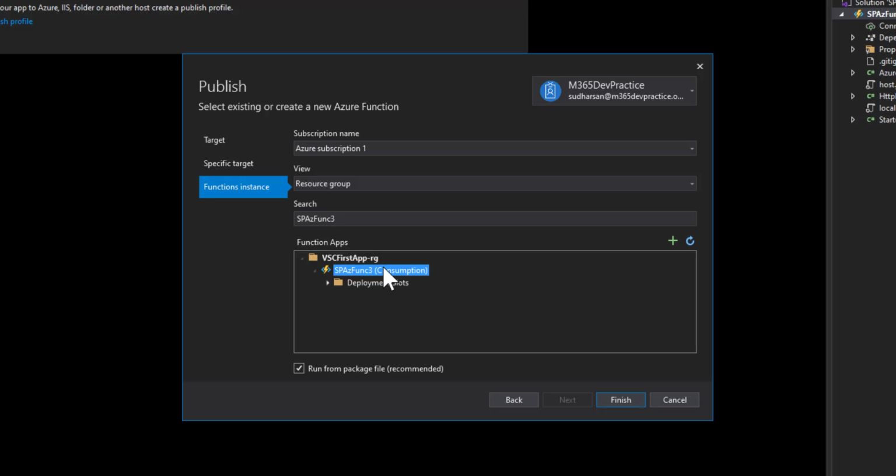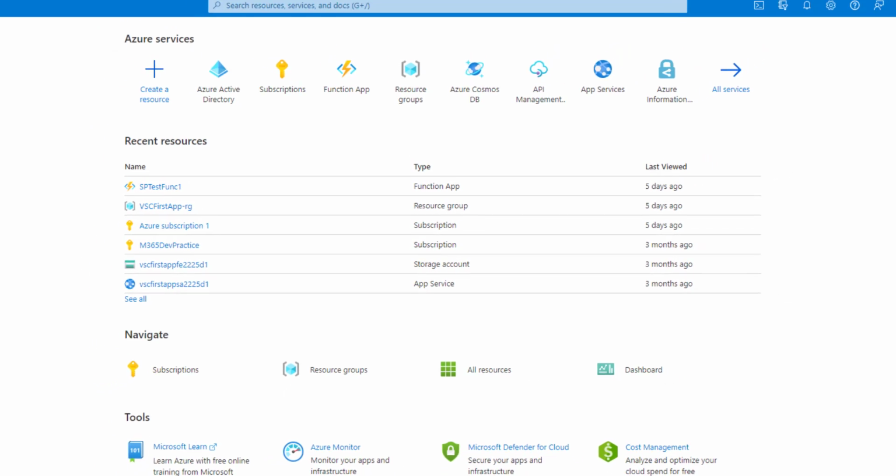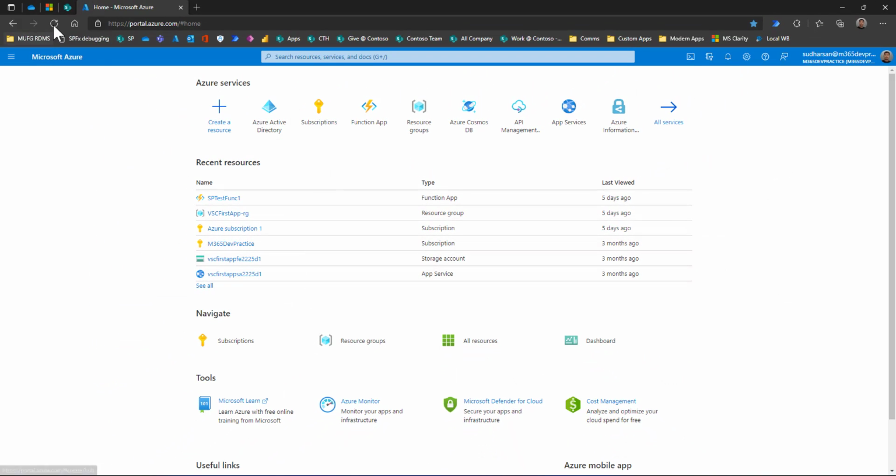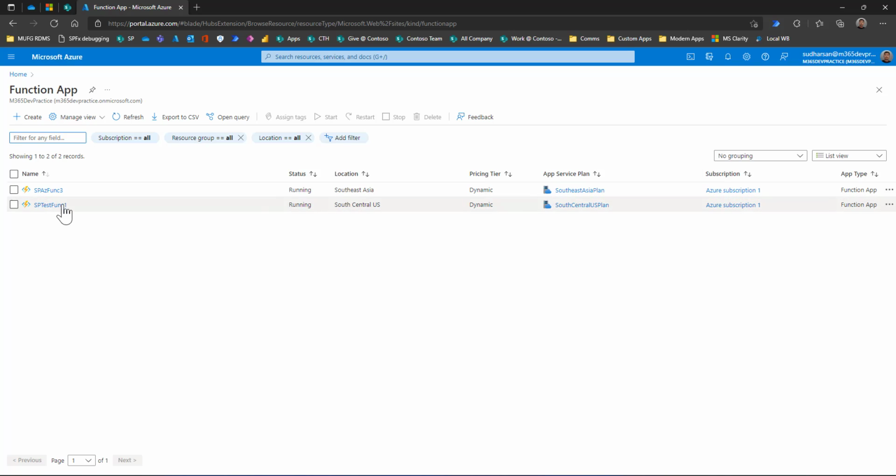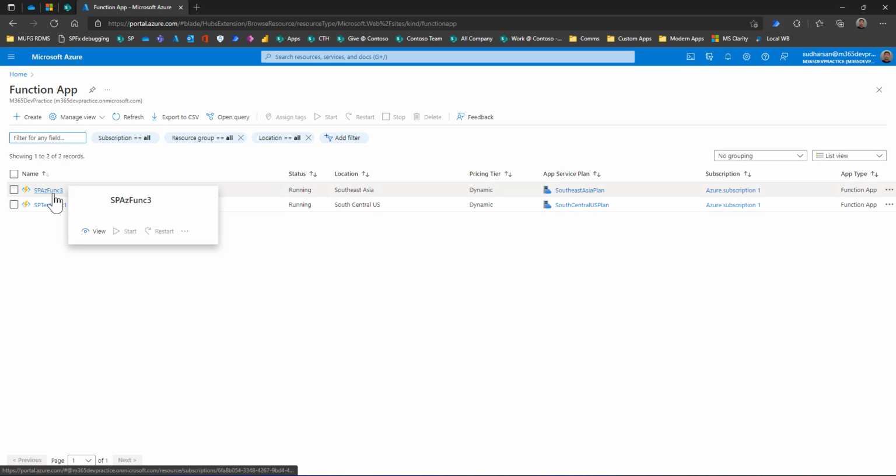Now I have chosen the SP Azure function 3 function app. Before that, let's see whether it is created in the Azure portal or not. If you see the function app, this is the one which we created via Visual Studio.